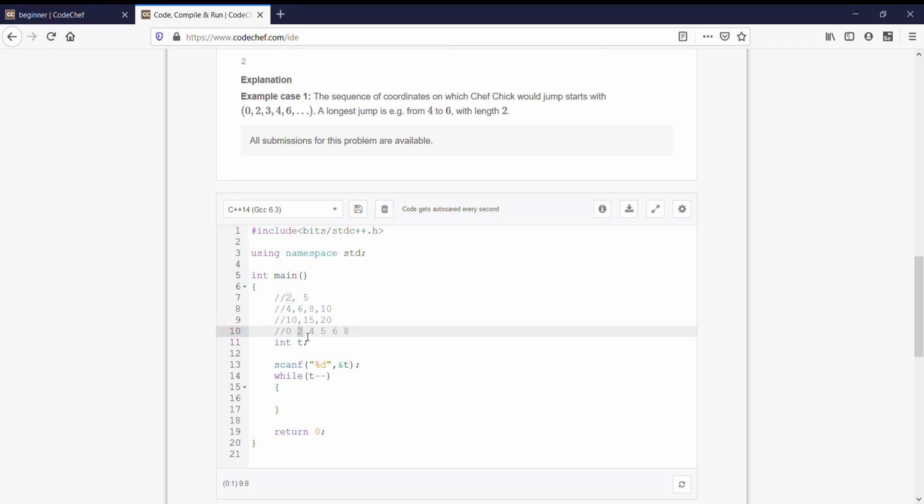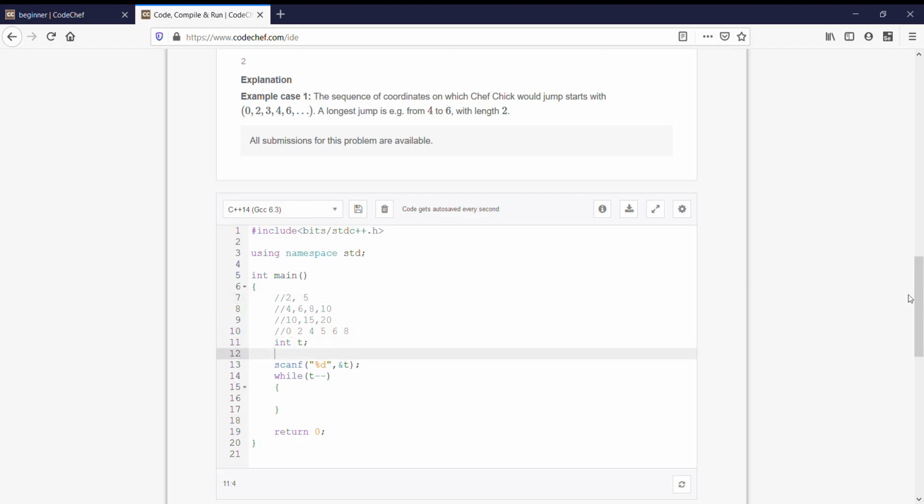Now even if we ignore these smaller jumps in between, like from 4 to 5, a smaller jump that was 1 unit, and only see the multiples of this smallest number, which is 2, multiples of 2 are 2, 4, 6, 8. Even in that condition we get the longest jump as a maximum value of 2. It is because consecutive multiples always have a difference of that number, so the maximum difference would be x only. So our final aim for this problem is to find the smallest number of the given series of favorite numbers.